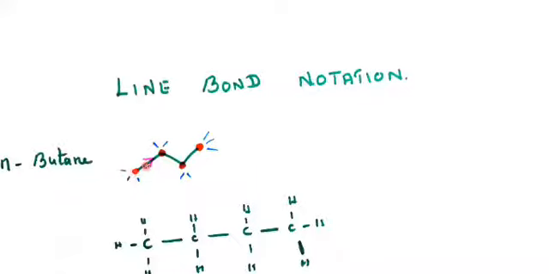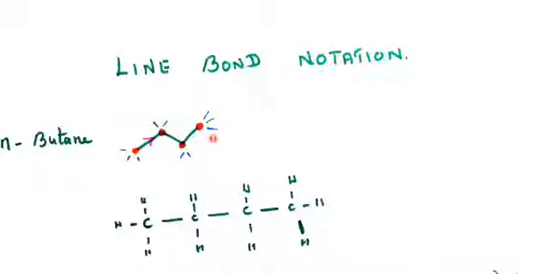So we write the valency of carbon, 4 minus 1 bond, writing 3 hydrogen. This carbon has 4 minus 2 bonds linked, remaining 2, that is hydrogen. For this carbon, 2 bonds, 4 minus 2, that is 2 hydrogen. For this carbon only one bond is linked, 4 minus 1, 3, write 3 hydrogen. In this just put a dash.